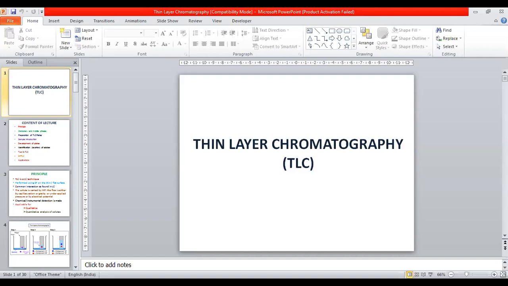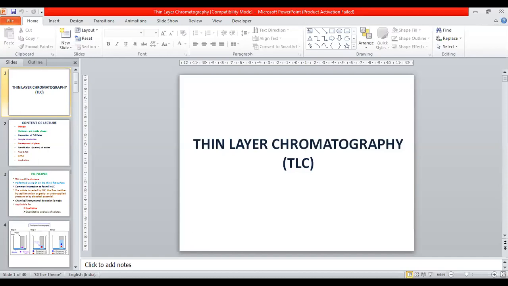And the detection of the solutes can be made in both ways, chemical ways or instrumental detection is also possible. And this thin layer chromatography, because of its versatility and popularity and applicability for the elution of a variety of solutes, provided suitable stationary and mobile phases are available, can be used for the separation of the solutes. Not only for the separation, we can identify what kind of solutes are present in the sample, and even how much amount of the solute is present in the sample. So we can perform qualitative as well as quantitative analysis by TLC.